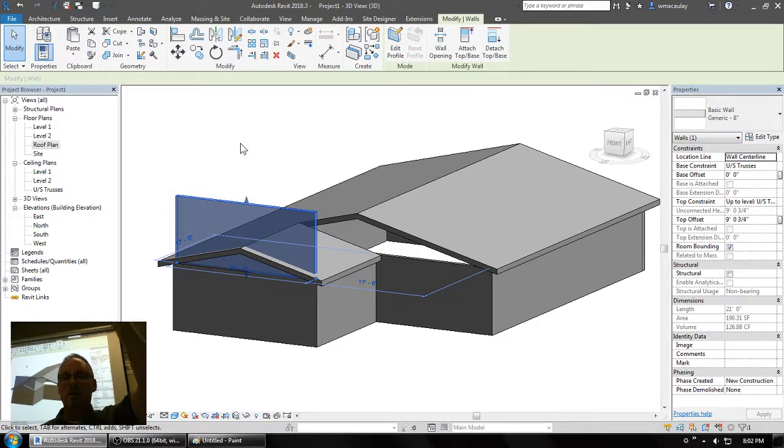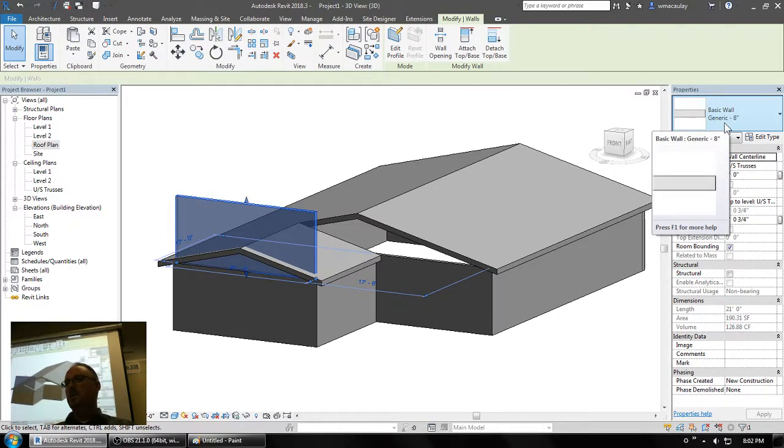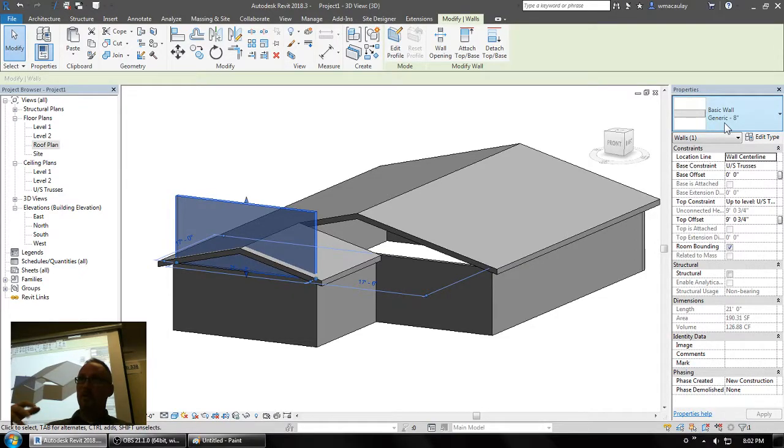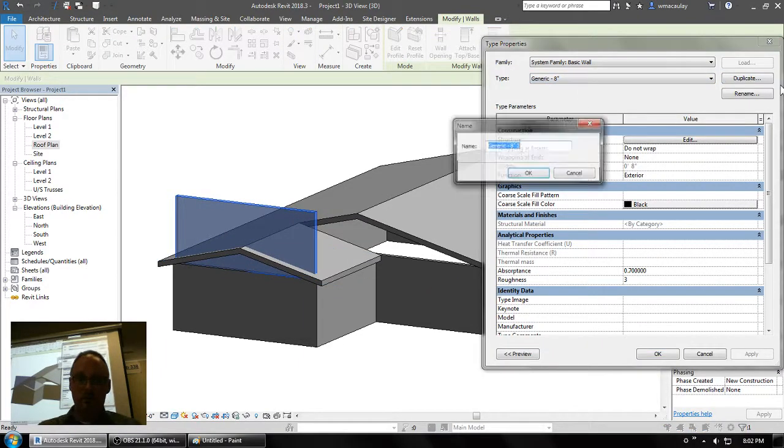Now, if you want to be really picky about it, you could take this wall and make a new version of it that's just your gable end truss, right? 1.5 inches of lumber, plus the plywood on the outside, plus whatever finish. It's not going to be a 6-inch stud that's going to be up in that gable end. It's just going to be the end of a truss. So if you wanted to, yes, you could go in here and you could make a wall type that is gable